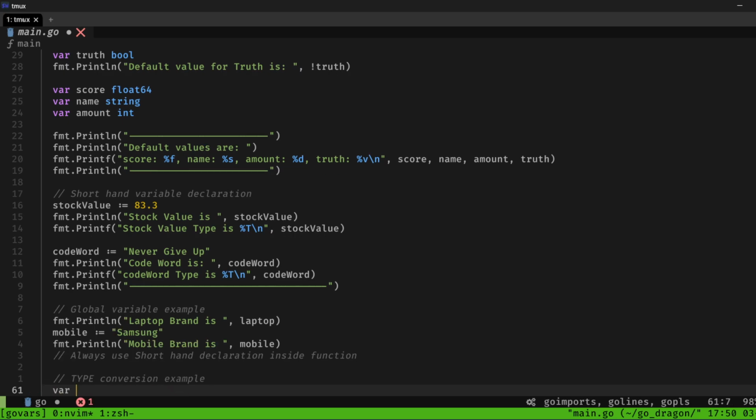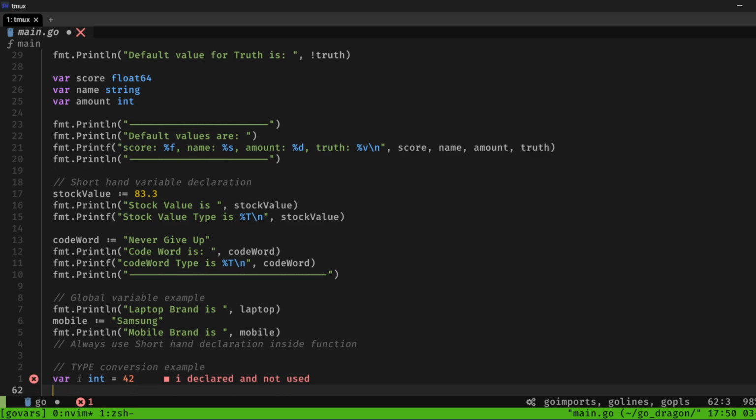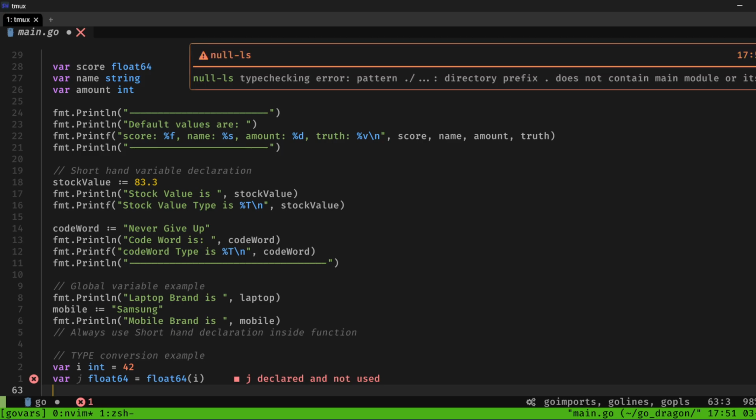For example, if we have i, which is int, and 42, now we want to convert it into float. So I'll use j float64, and to convert into float I will use float64 and the i variable. So if we print here now,